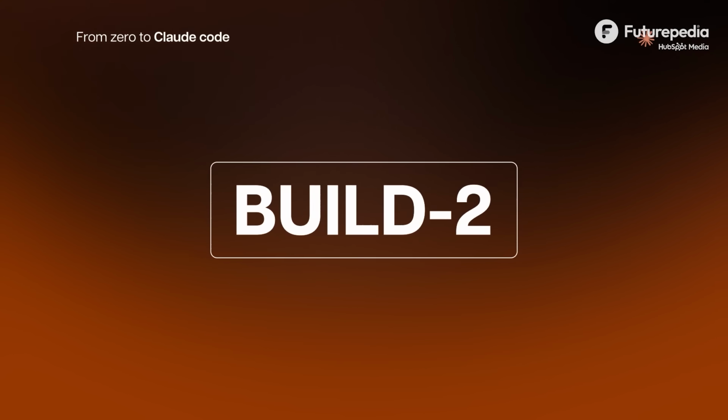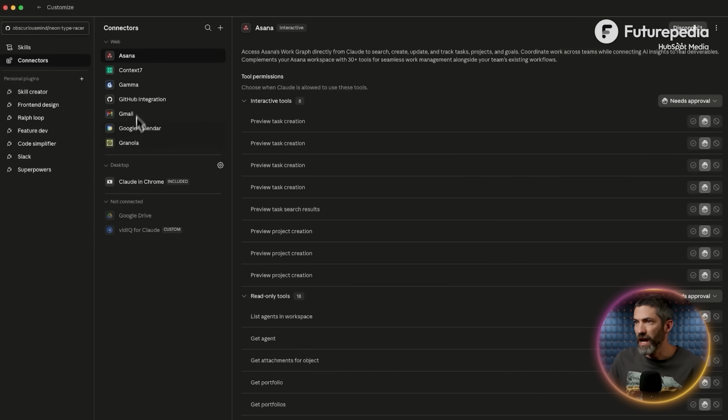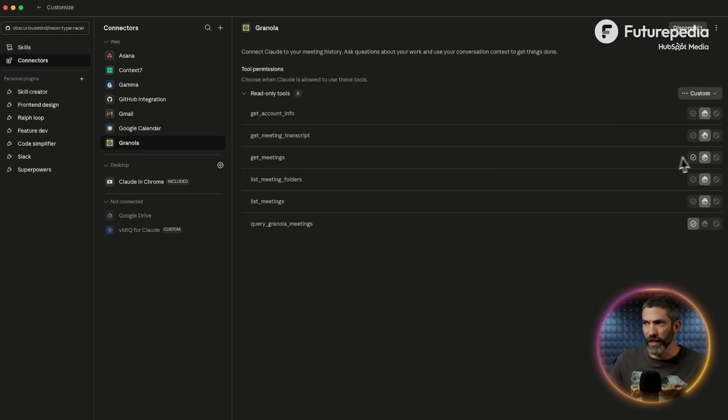Now, I want to show you something more practical, closer to what you'd actually build for work, a real productivity tool using your existing apps. I'll go back to my connectors, and you can see I have Granola connected. I use that for meeting notes. I can make sure the permissions I want it to have are available, then go back to my chat and